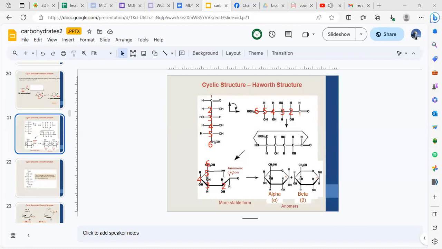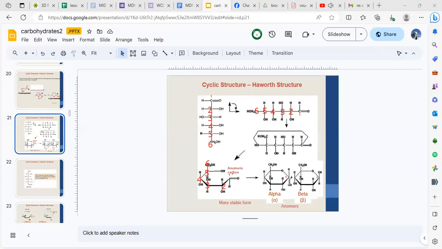Eventually, it will bring the oxygen within striking distance to the carbon 1. And then the H will be found at the bottom. Okay, so that's the main confusion of students. Why is the H downwards? So when that happens, the oxygen is now in a position to form a bond with carbon 1. Okay. So once it forms a bond with carbon 1,